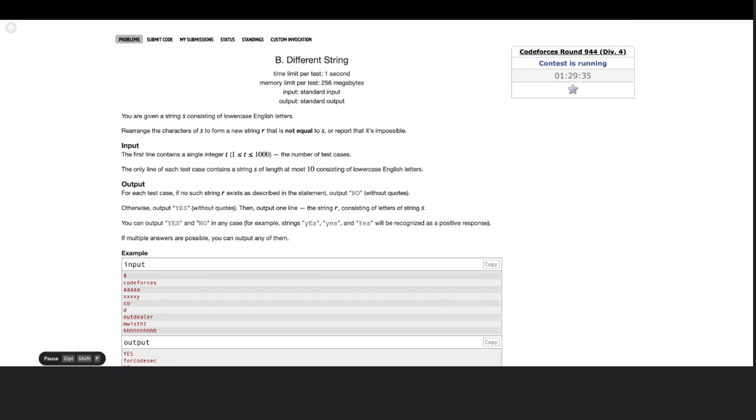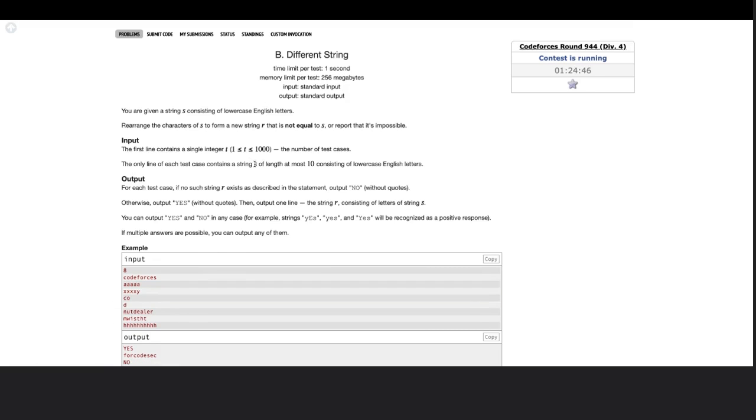So let's get started. The problem says that you need to find a new string R which is not equal to S, which means if any one character of S is different from its original one, then we can form R. So what we need to check is the index at which S of 0 is not equal to S of I. Here S of I states the character at index I and S of 0 states the first character.